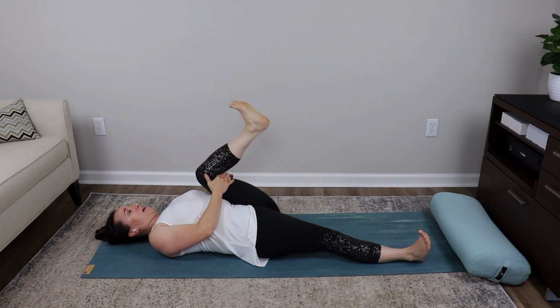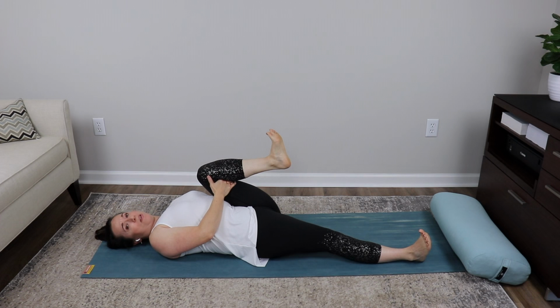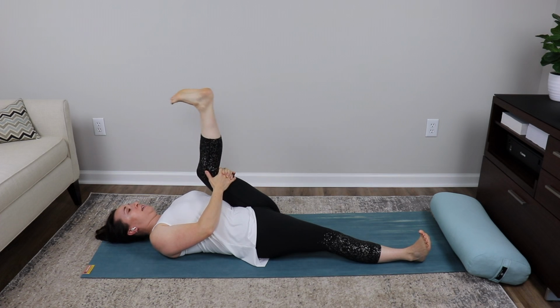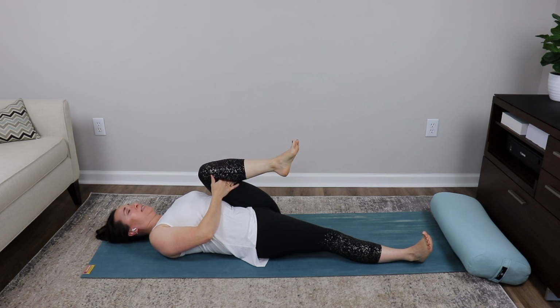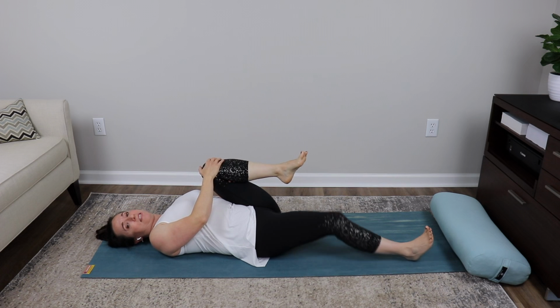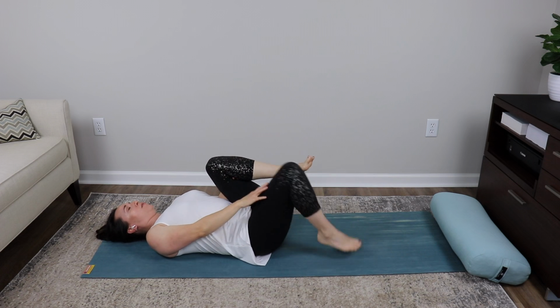And exhaling and relaxing. Let's do one more time. Nice deep inhaling and straightening. And as we exhale, relaxing that knee down. Very nice. Keeping the left knee to your chest, slide the right foot up, and then bring that right knee